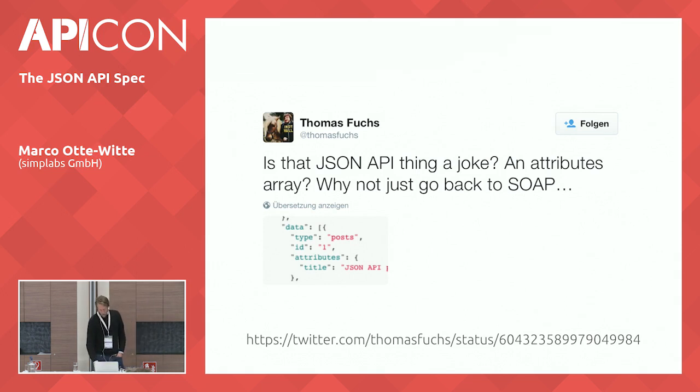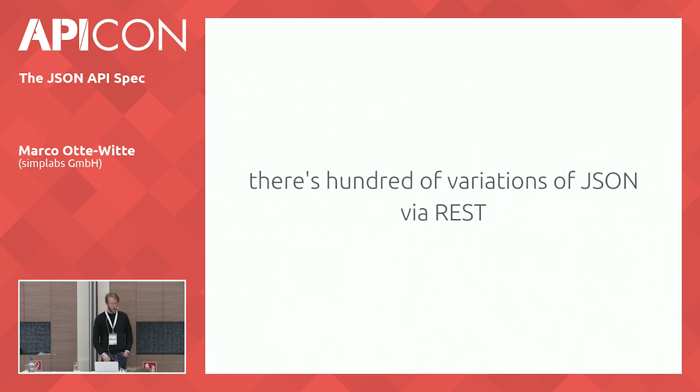But the point is that there's actually a lot of variations of sending and receiving JSON data via a REST interface. And all of those many variations make it hard to reuse client and server code. You would often have to rebuild serialization and deserialization code. Also, you have to relearn all the subtle differences between different APIs that you might be using or that you might be writing, and then somebody else has to learn all those subtle differences. So let's look at a few examples here.